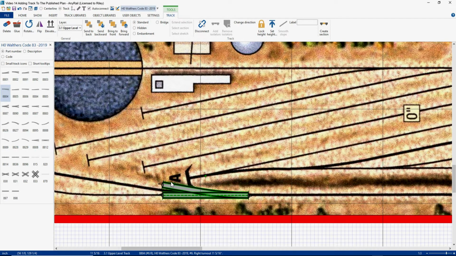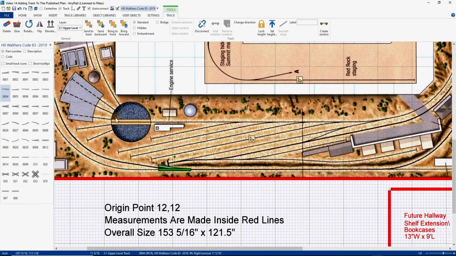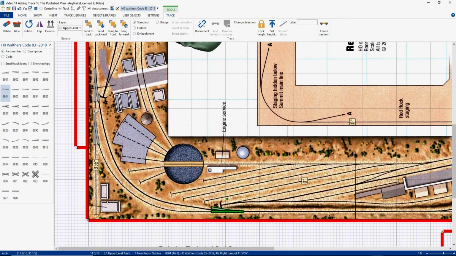And you'll notice that here's the tunnel for the lower level. And so this area is going to have to be reworked. I'm not overly pleased with it. The same thing up here. I'm going to have to rework where it goes into the hidden track that leads to the staging track, but that's for another video. So let's put in our passing siding here,